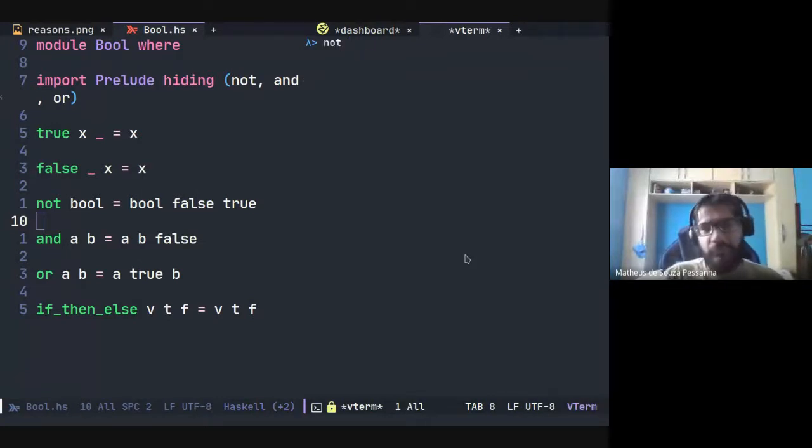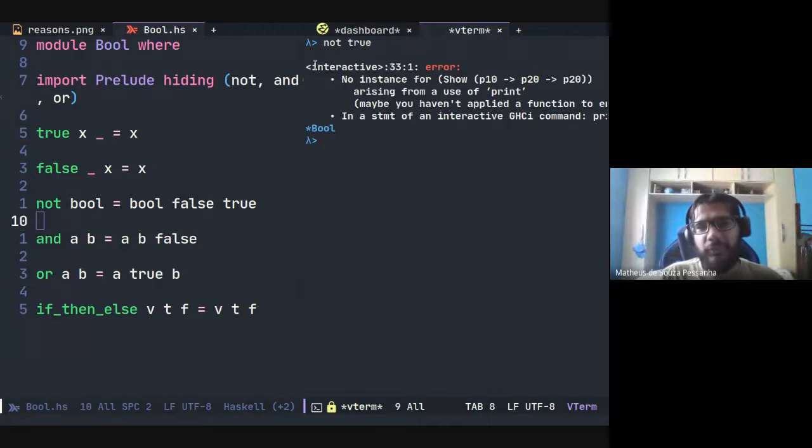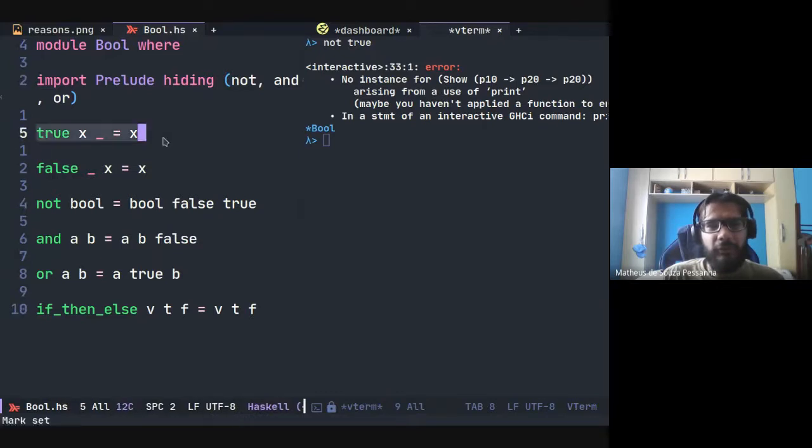Like if you try to apply not to true, it will print this error message saying it doesn't know what to do about show, and so on. But see, I didn't type annotate any function here, so the type system in itself can be complex, but you don't need to use this complexity all the time.